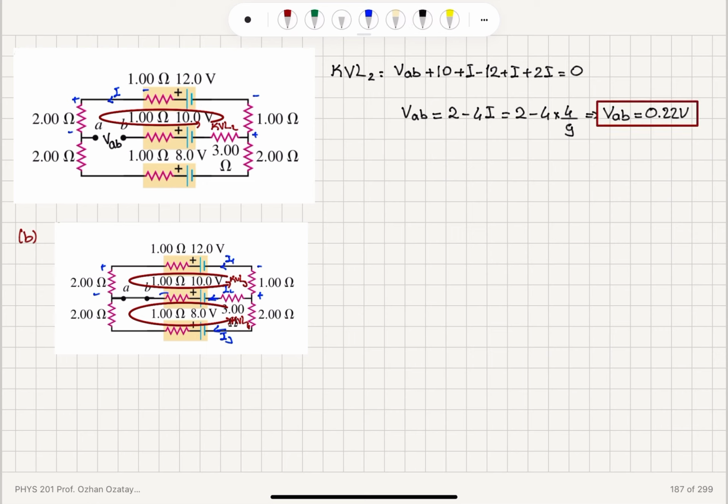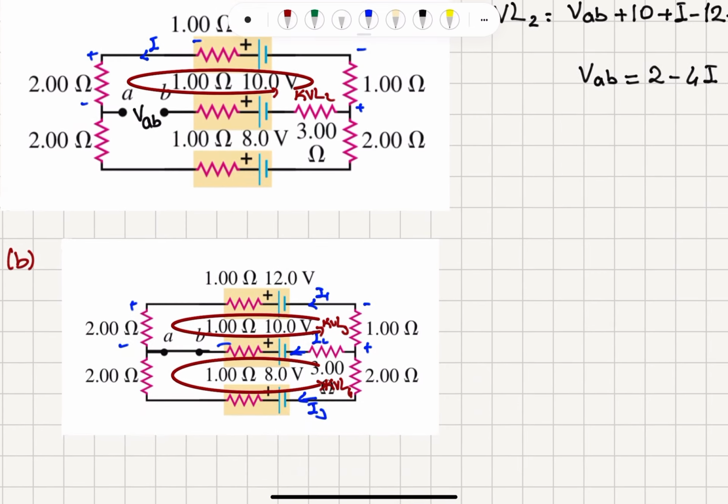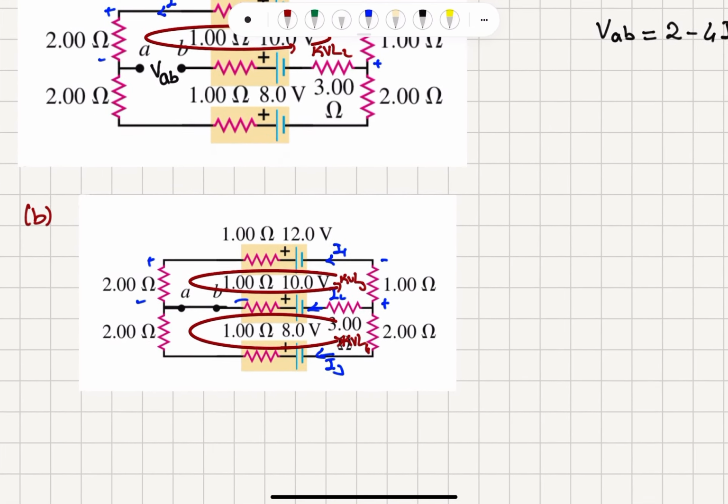Okay, that's using this second loop and noting that there is no current flowing through these two resistors, but there is a potential drop or potential increase due to the source depending on the direction I'm following. Now in part B of this problem,